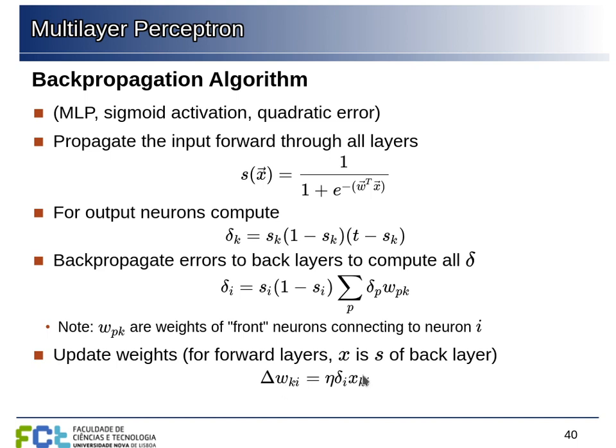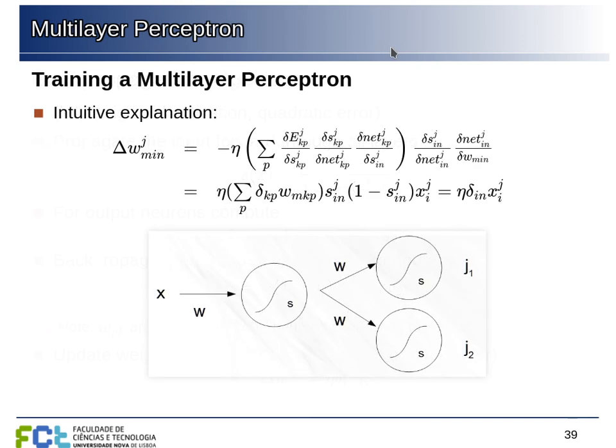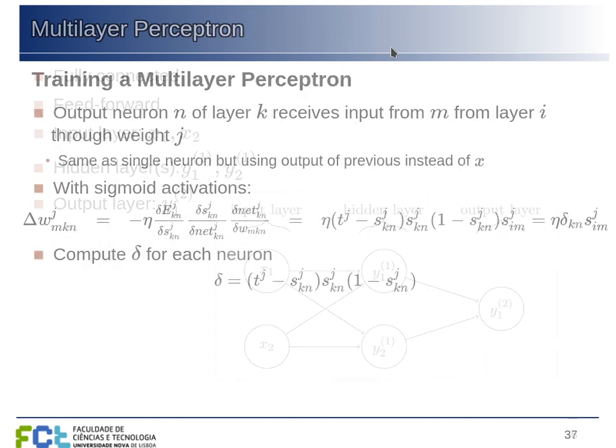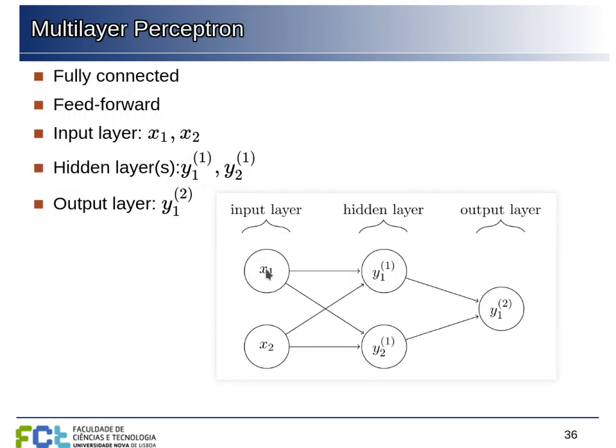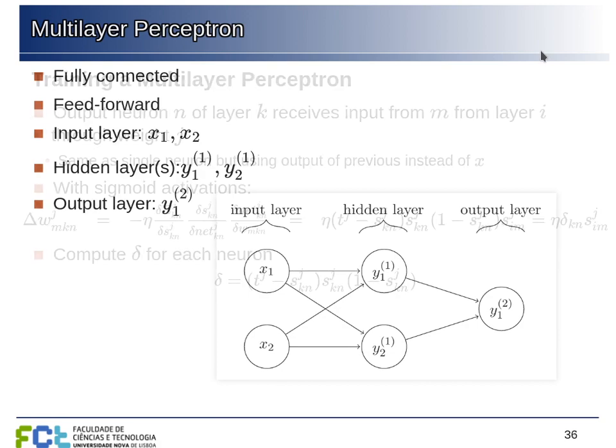For the first layer, the input is the actual input that we are feeding into the network. For all the layers inside the network, the input is actually the output of the previous layers. So note that the first layer of the network receives the actual values of the features of the example, but all the other layers are receiving as input the output of the previous layers. So we are chaining all of these transformations along the network.